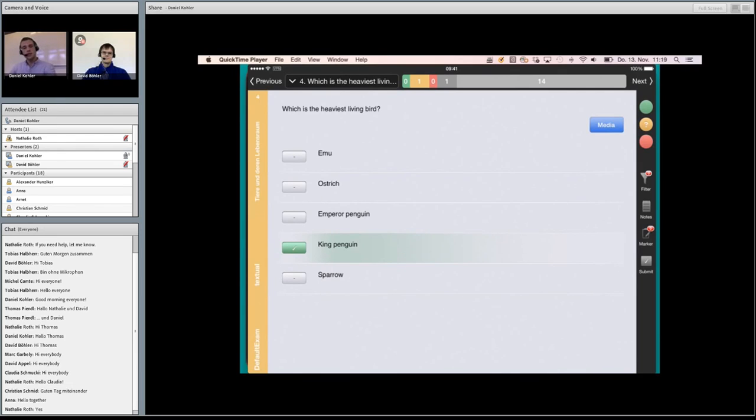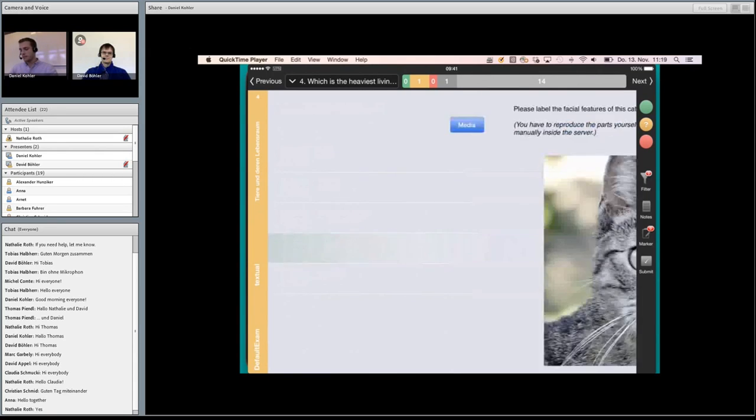So this top bar always gives me an impression of the whole set of exam questions with my level of certainty. So once I've finished, or once I've gone through all the questions, I can really go back to all the questions which I was not sure about and review them again.